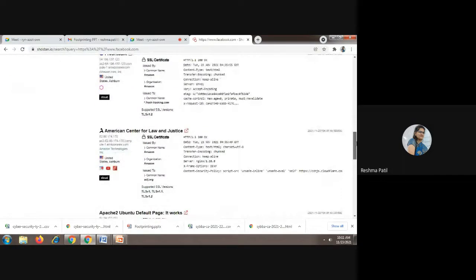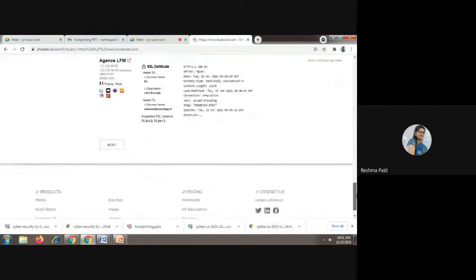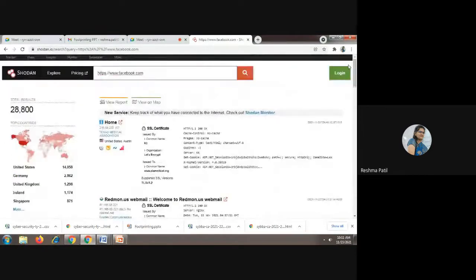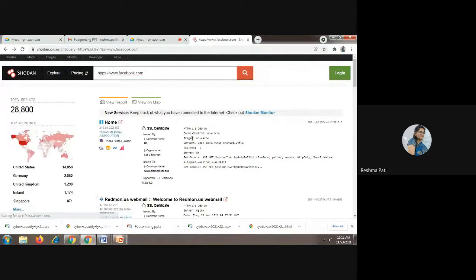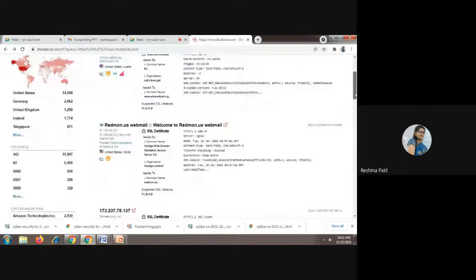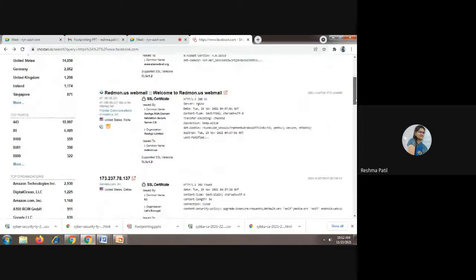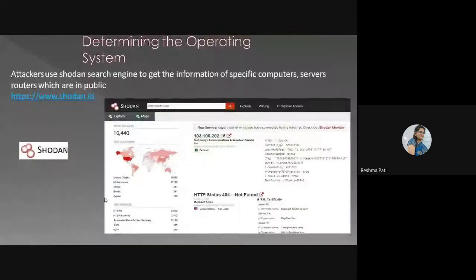These are the various certificates they have used. So on this Shodan, you will get the certificates. View on map. I need to use my login ID and password. Okay. If you are not getting it, move forward.